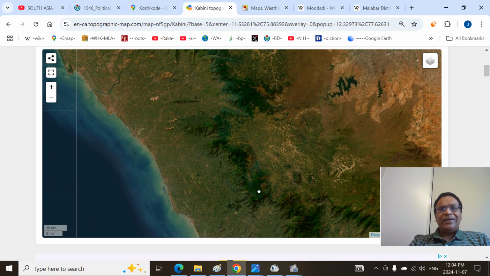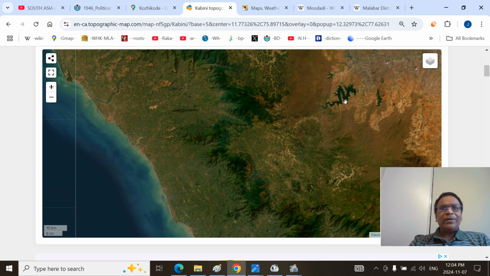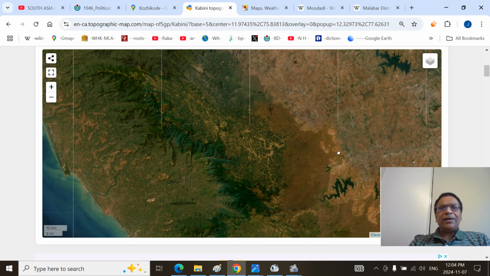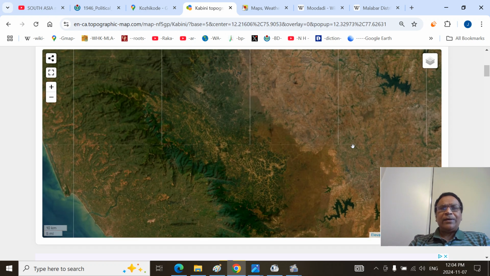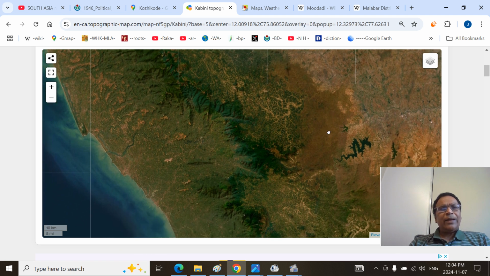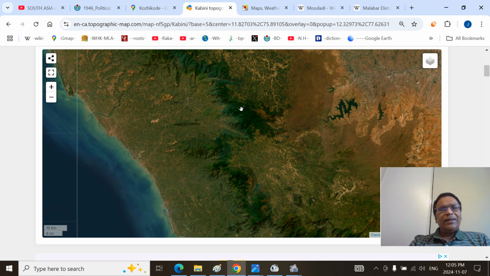This is the Kabbani Reservoir. This is the Nugu Reservoir, that is the tributary of Kabbani River. And this is the Krishna Rajasagar and Kaveri. So this is the Kurgu Plateau. These are the Banasaram Mountains. Sorry, these are the Brahmagiri Mountains, Aralam Mountains here. This is the Kottayur Mountains here. This is the Kottayur and Peria.